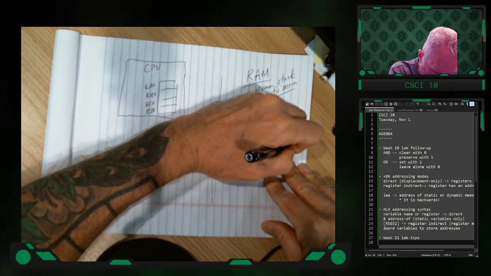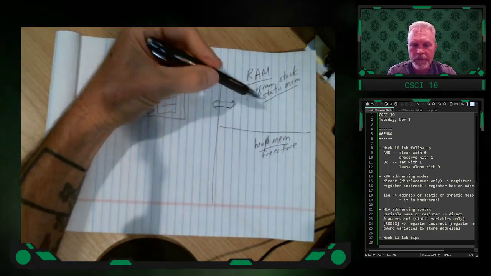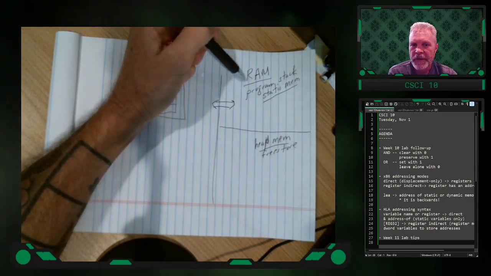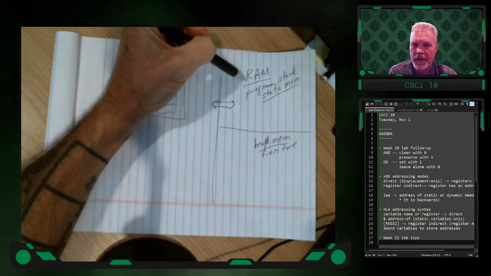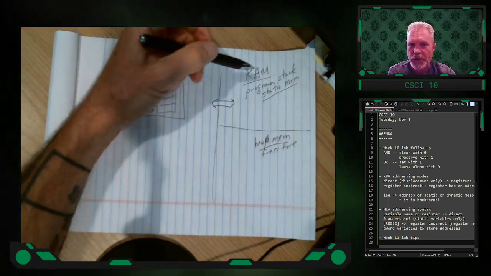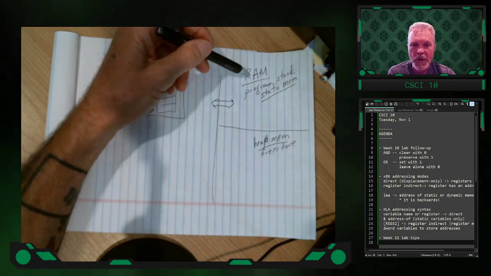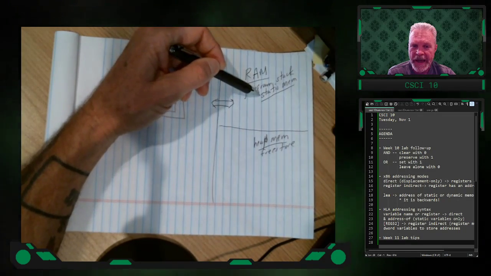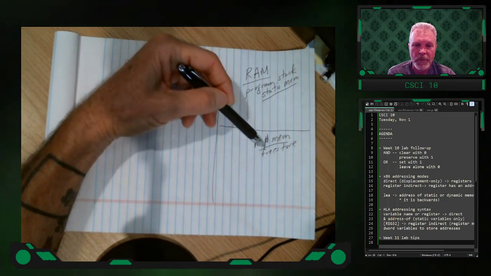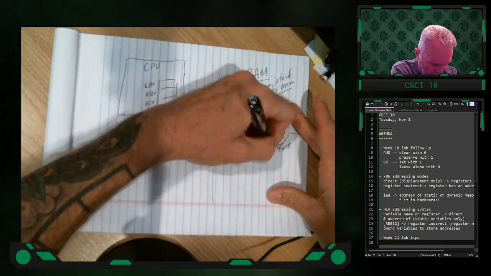The terms don't really matter just a whole lot. So conceptually anyway, we use the computer's RAM in two different ways when we program. As programmers, so far we've only ever used static memory in this class, but we often